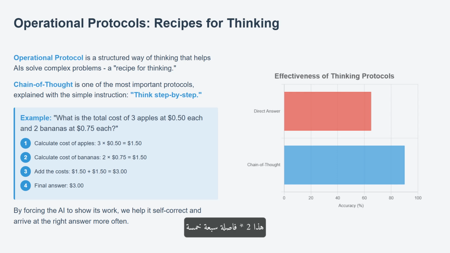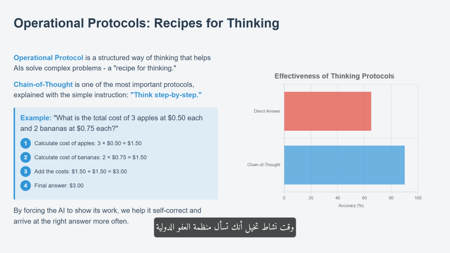That's 2 times 0.75, which is 1.50. Finally, I need to add the two costs together. 1.50 plus 1.50 is 3.0. Therefore, the final answer is 3.0. By forcing it to show its work, we help the AI self-correct and arrive at the right answer more often.